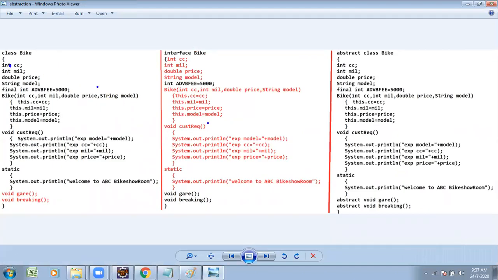A class supports all these things but not this. An interface does not support these but does support this. A class does not support abstract methods. An interface supports abstract methods, but we want a combination of both. What is recommended? We recommend the abstract class.